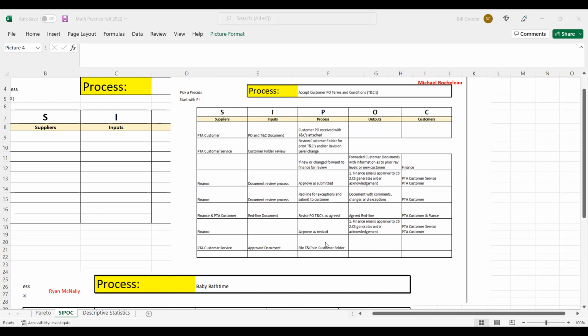And Michael, you want to take over? I just went through the P's on your SIPOC. The outputs again are, for each step, if I do the process map being the P's, now we're into what are the outputs. So again, what I hope I was able to portray was inputs and outputs, and I struggled with whether there was exactly a